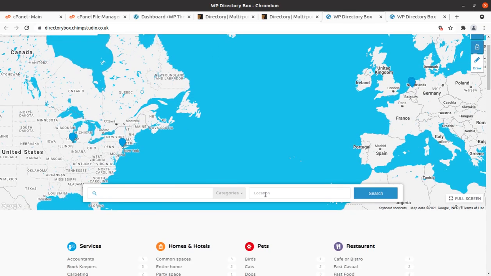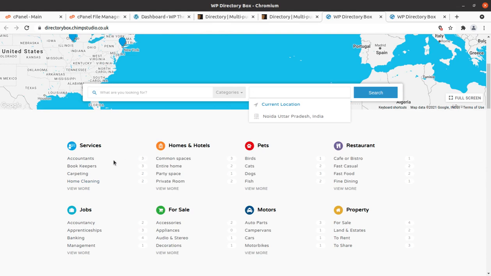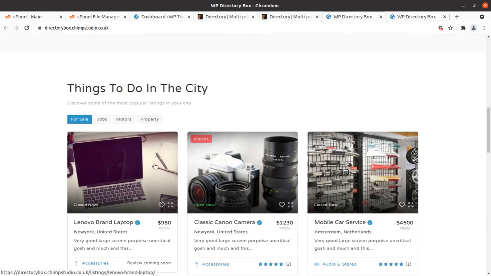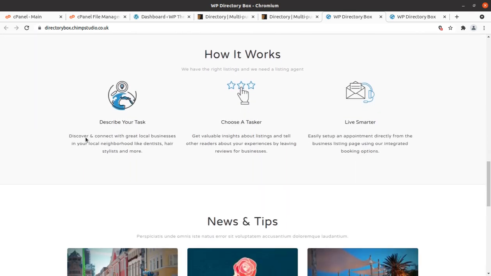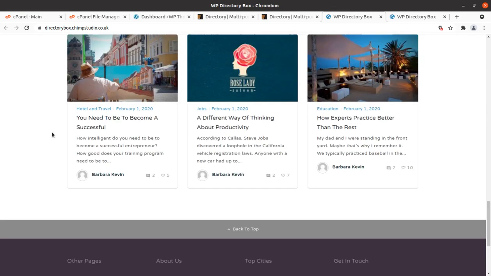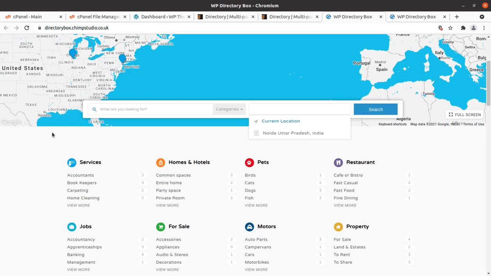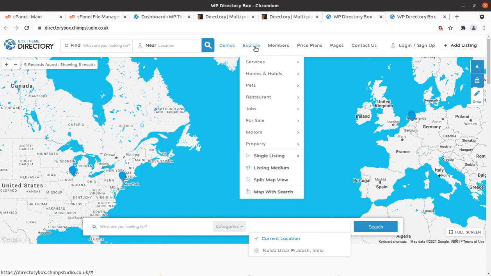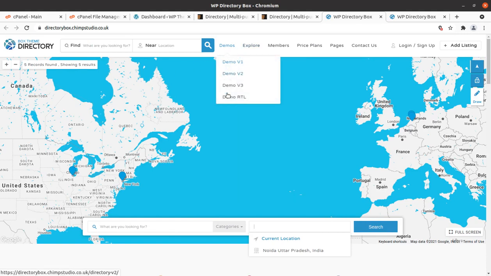advanced search functionality, and all the standard patterns of directory websites are here, and you shall be getting a complete website, a full featured website, you can say. So everything will be here, and there are multiple demos available, as you can see.